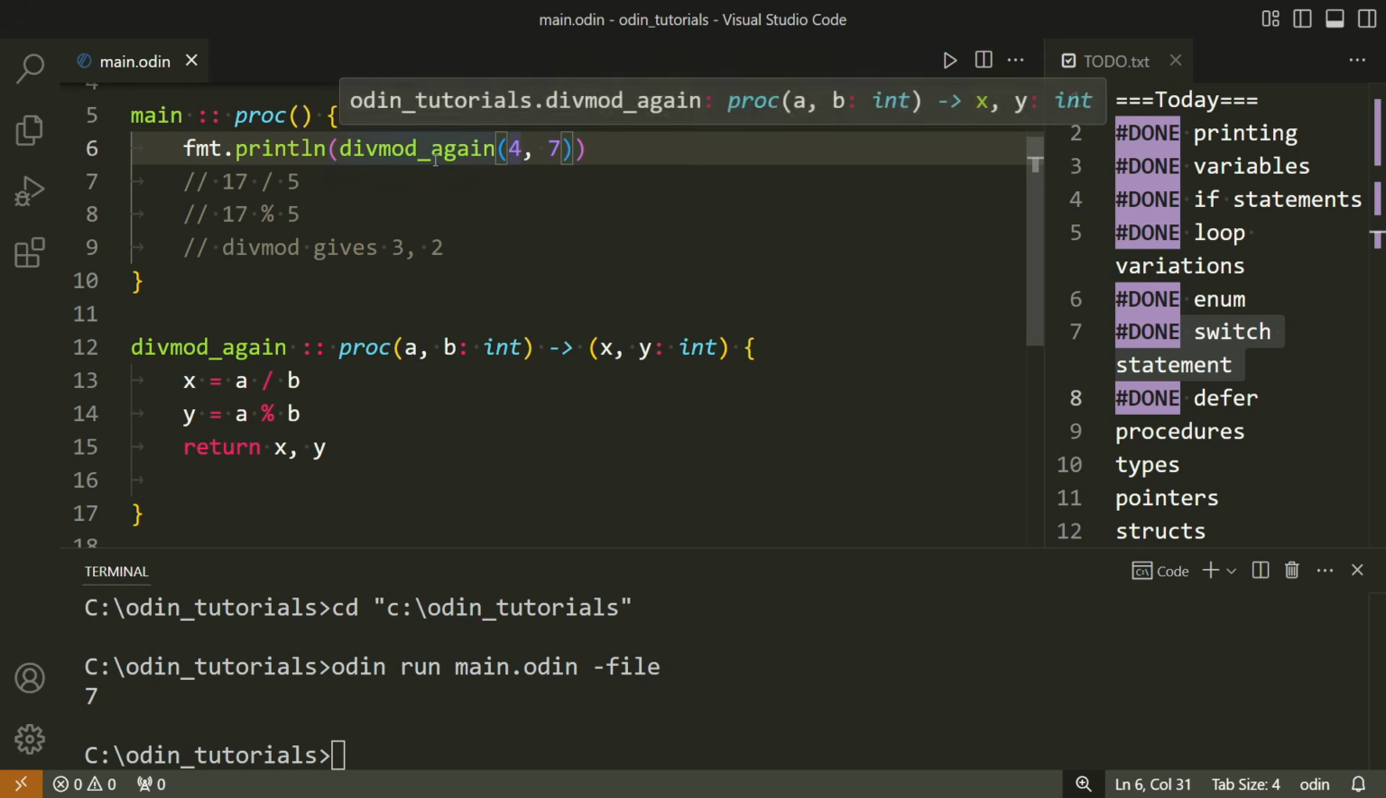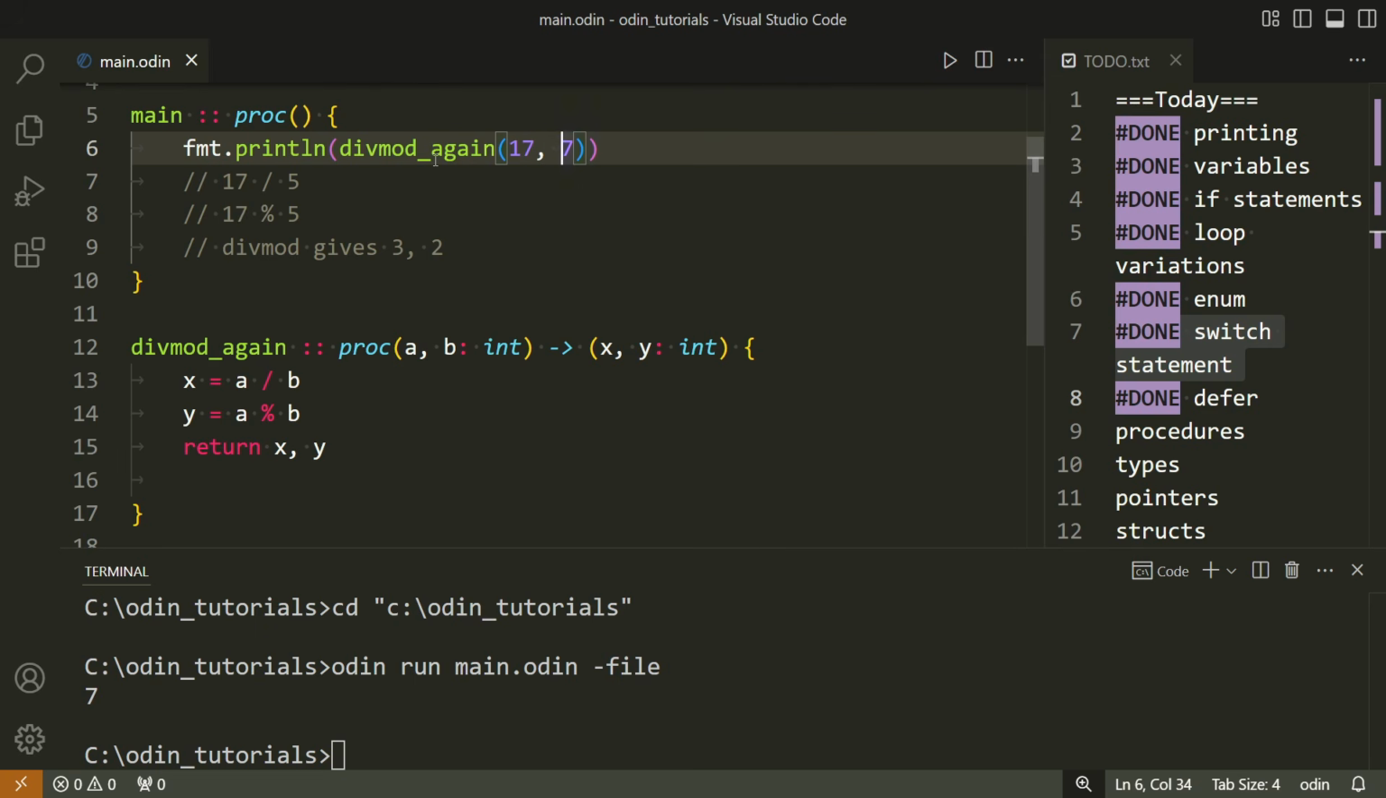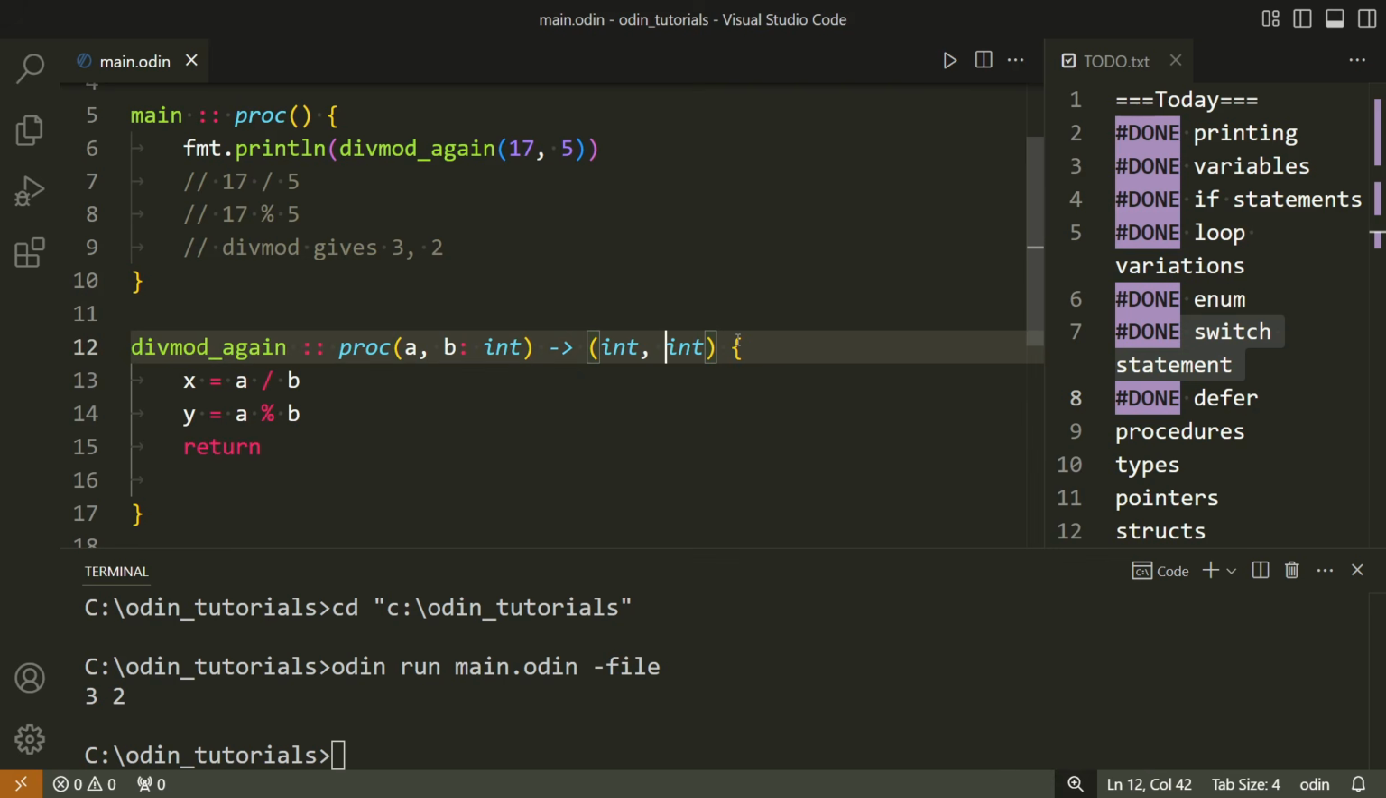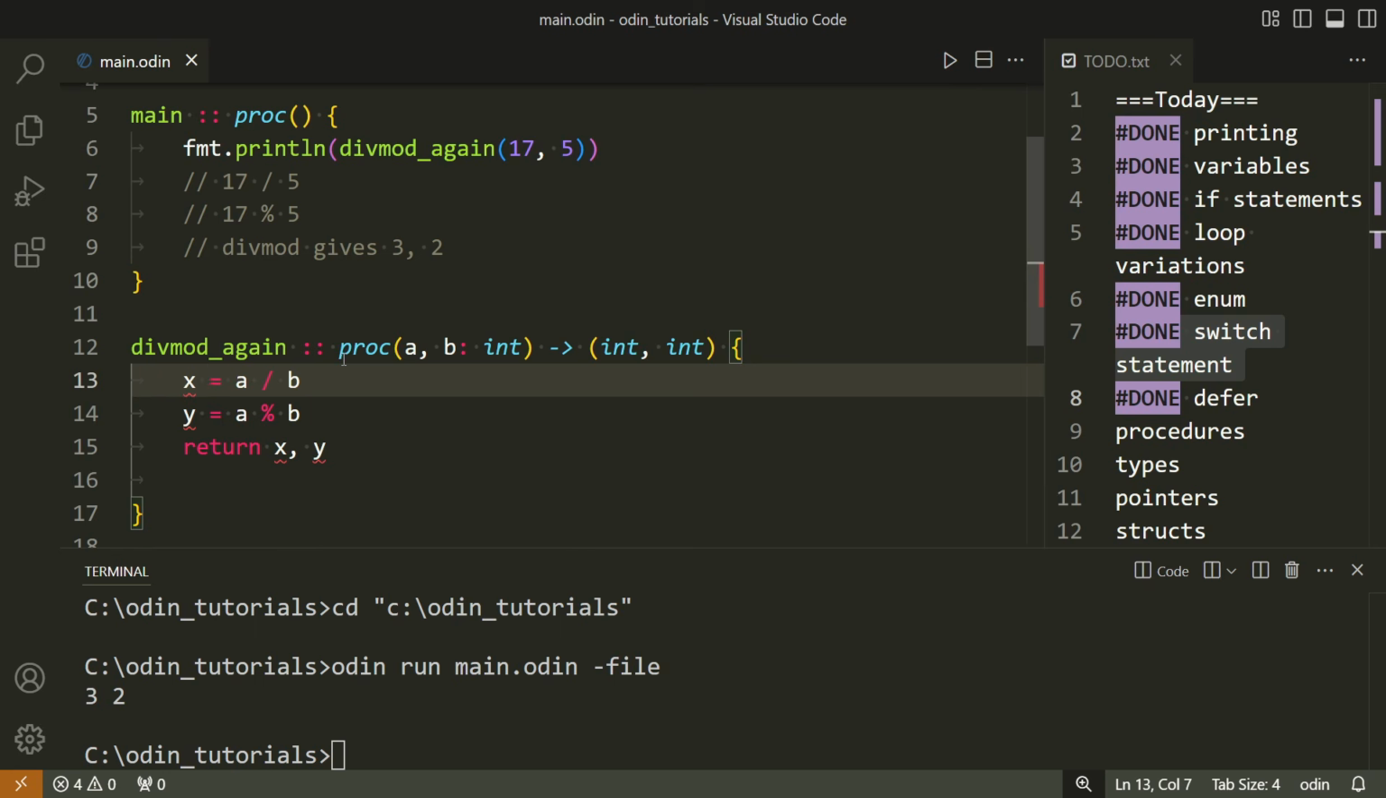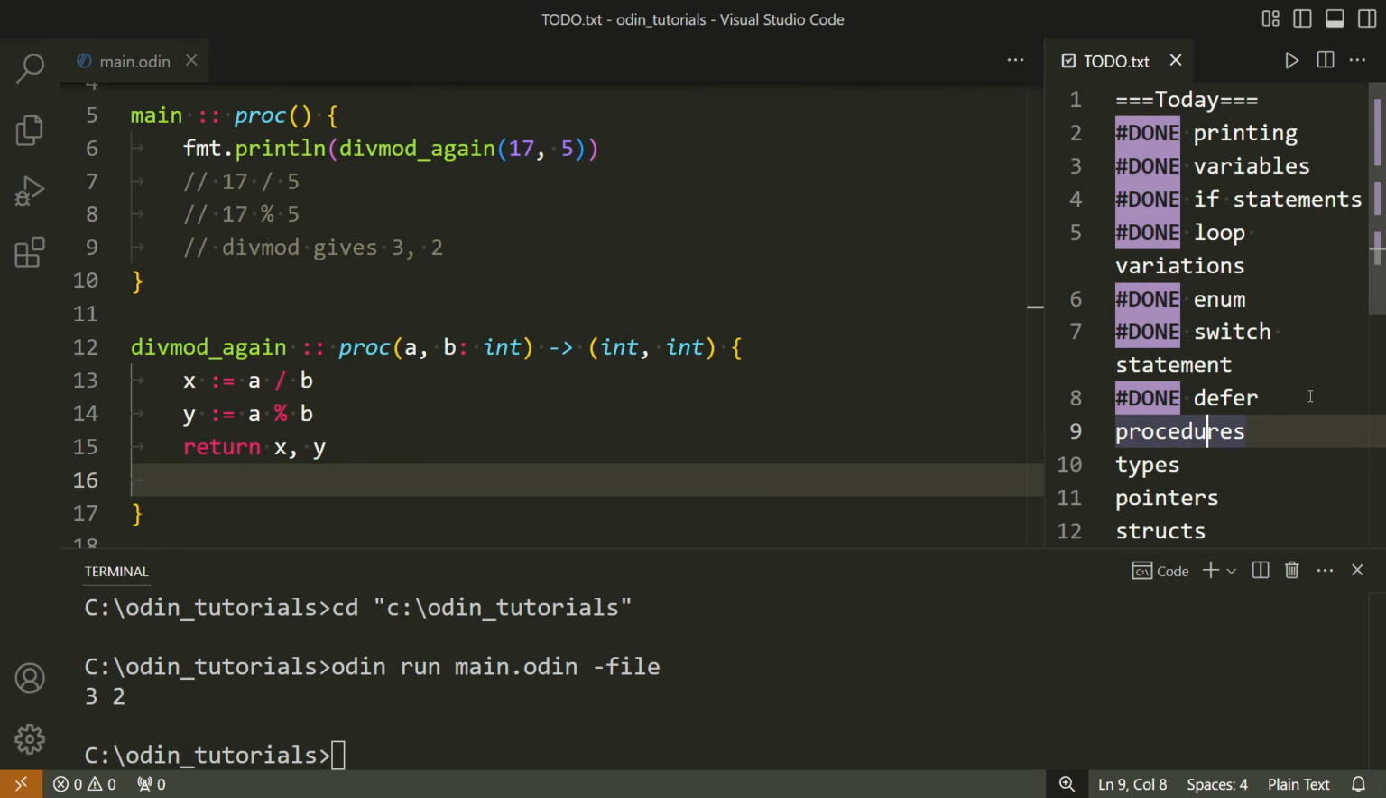I'll go ahead and use this example that I said here. So 17 and 5, 3 and 2 as we expect. Or again, you could just not put that, but it's kind of bad practice. Or if we don't even want them to be named, we say int comma int, and then we say x comma y, and now we have to declare these. All different ways to do the same thing. We'll say that we're done with procedures,